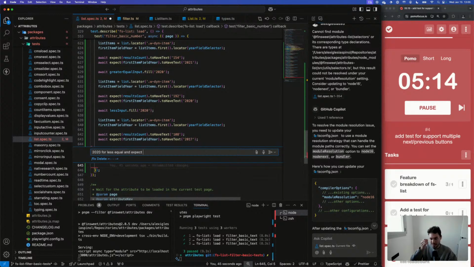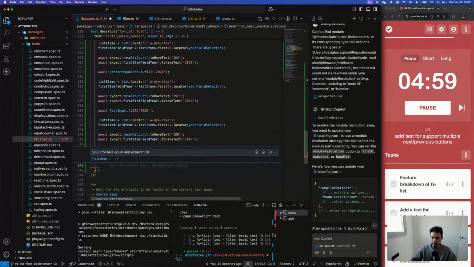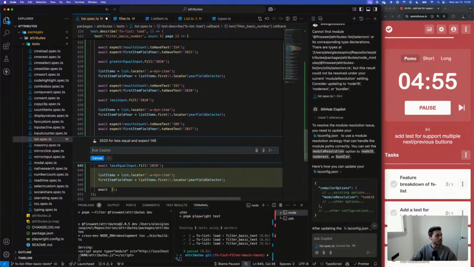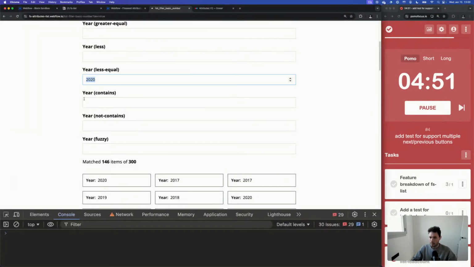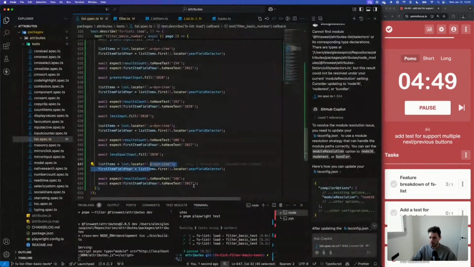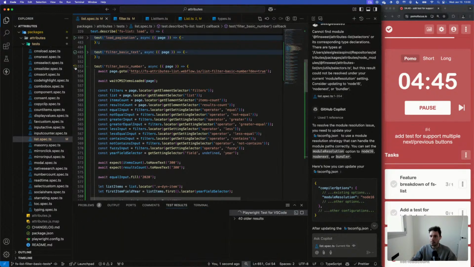So it should be 108, I think. No, it should be 140 something. Yeah, 146. And the first one should be 2020. Okay, good. Let's run this.